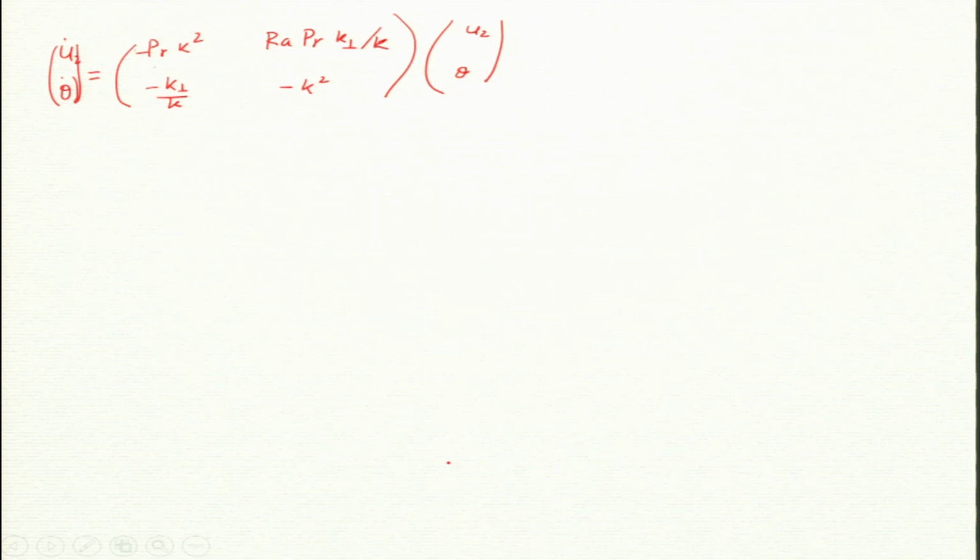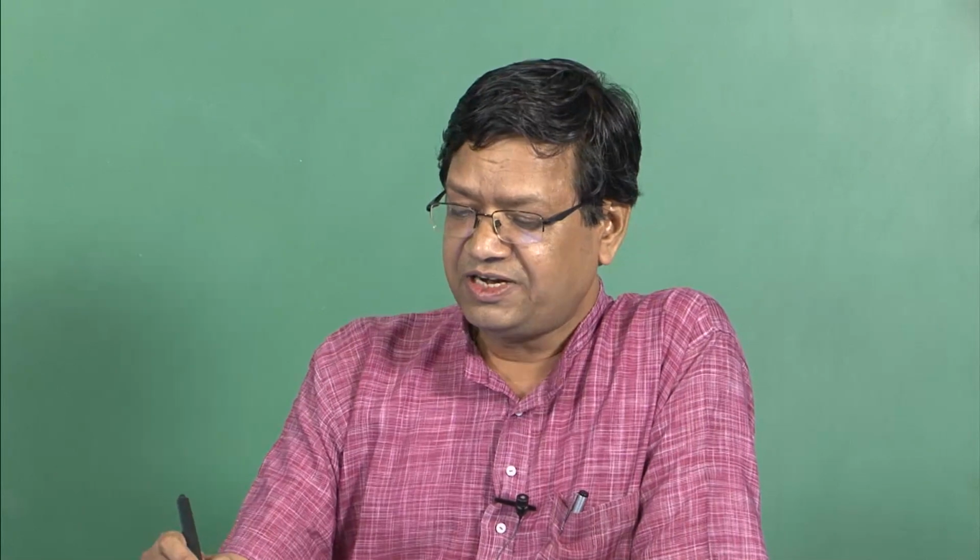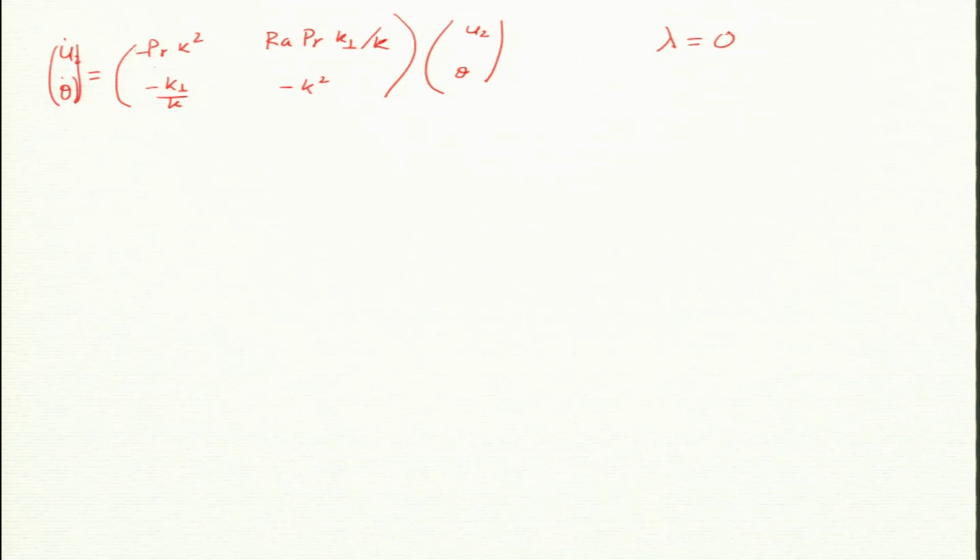For neutral stability, let us look at neutral stability. So, neutral stability has one of the eigenvalues as 0. So, I will call it lambda plus; the other one is always negative, lambda minus. The sum is already known as (Pr plus 1) k squared. So, that must be lambda minus, because the sum must be (Pr plus 1) k squared. So, I can find the eigenvectors for these. It is easy, no? In fact, for the 0 eigenvalue, this must be 0. Okay. So, that gives you the eigenvectors.